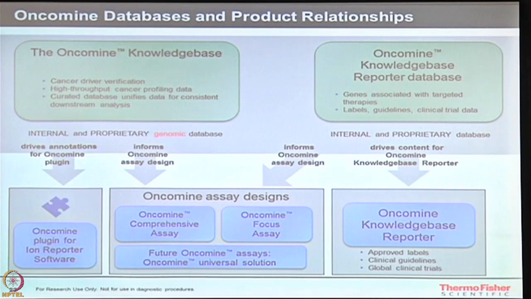So now what happens over here? It has lots of information on your variants, called cancer or driver information. This driver information is correlated with different drug information. And the same thing is available as My Design Assays. What I was talking about earlier in AmpliSeq, that I like to design my gene assays or gene regions, targets of interest, and then sequence them to know which diagnostic variants you are getting. The same thing is coming over here.